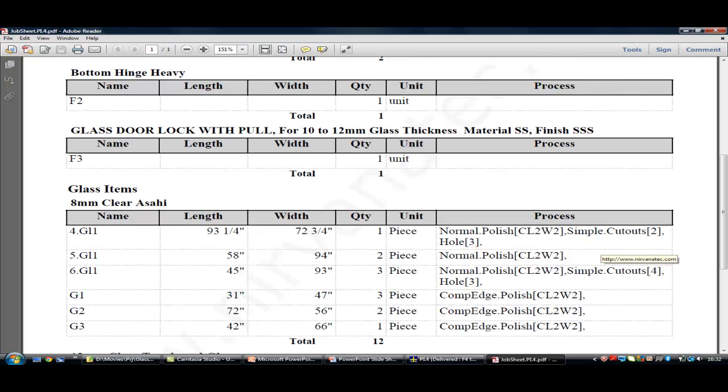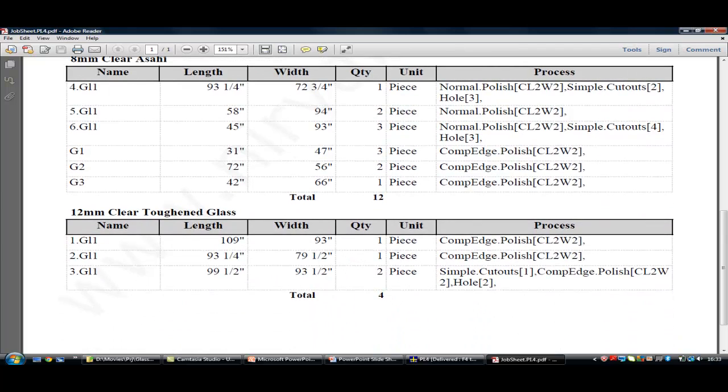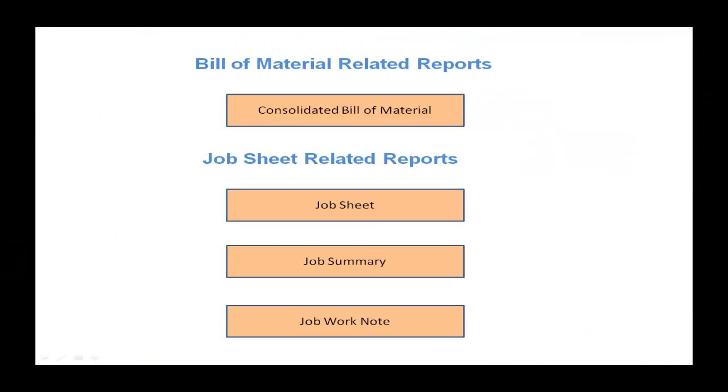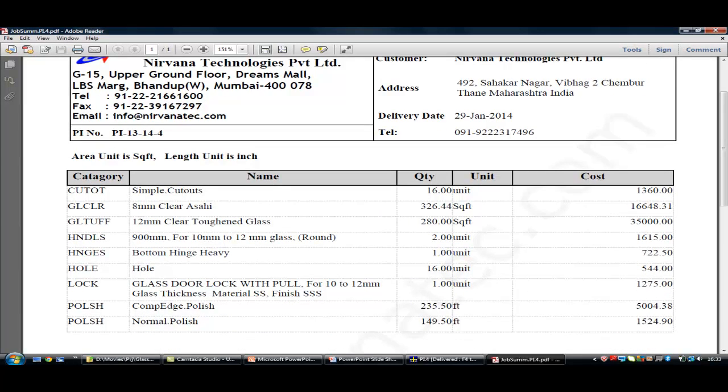Here we'll get the order process to be undertaken for this particular glass item. The job summary report gives a short summary about the job, in which you'll get glass, fitting items and processes having quantities and cost.